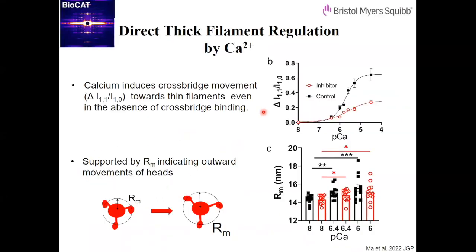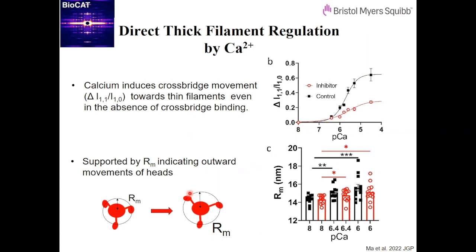So let's look at the result. This is the change of intensity ratio as a function of calcium. Under a control condition with normal force generation, we have a sigmoidal shape of change of intensity ratio. But in the absence of force, we still see a significant increase of the intensity ratio. So basically, that means the heads move close to actin, move away from the thick filament backbone toward actin, even in the absence of